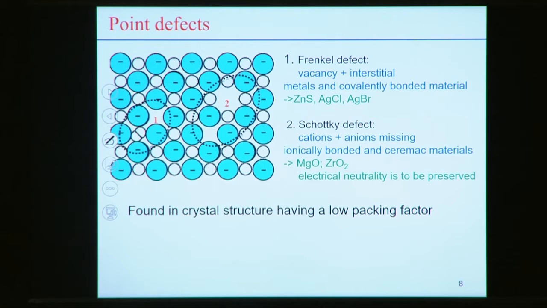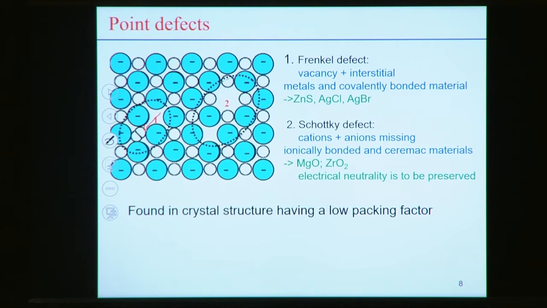There is also another point defect called the Frenkel defect, in which case the point 1 creates one anion or cation vacancy, and at the same time that similar ion takes the interstitial position, displacing it and producing the interstitial position. So this type of defect is generally called a Frenkel defect, and metals and covalently bonded materials generally have this type of defect, for example zinc sulfide, AgCl, AgBr, which are the typical compounds where we observe